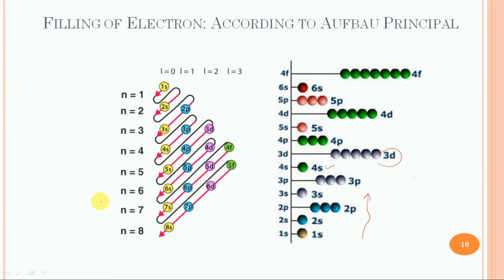And the greatest extent of penetration power is shown by the s orbital. The penetration power of the 4s orbital is very large, so that it is attracted more by the nucleus than even the 3d orbital of a lower energy shell. As a result, the energy of the 4s subshell is lower than that of the 3d subshell.